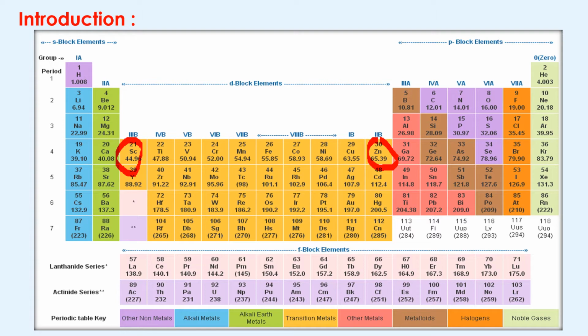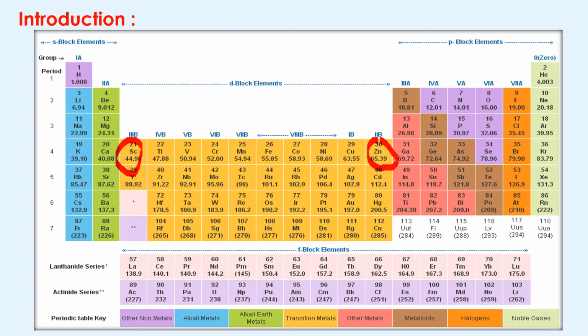Now if you observe, your transition elements are placed between your s block elements and p block elements. So their properties gradually change from s block to p block through the d block elements. This is your s block, this is your p block, this is your d block.